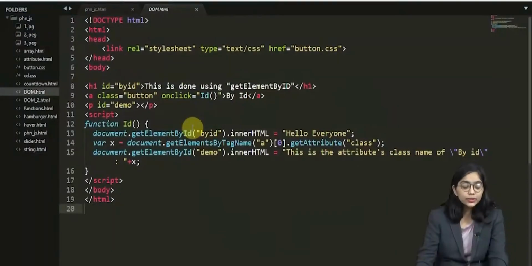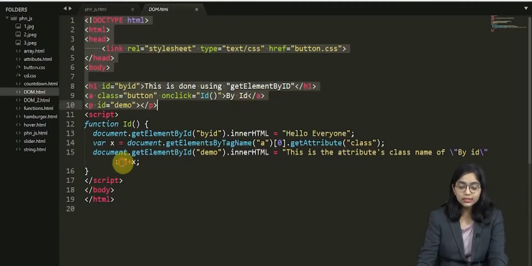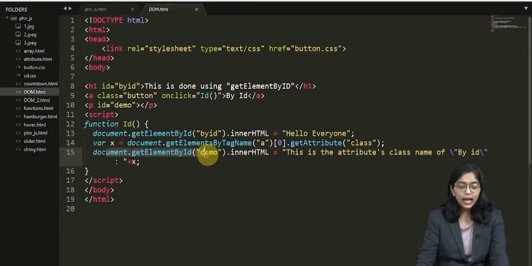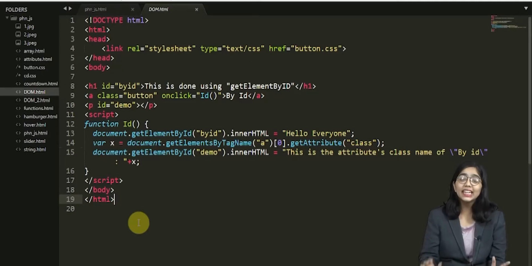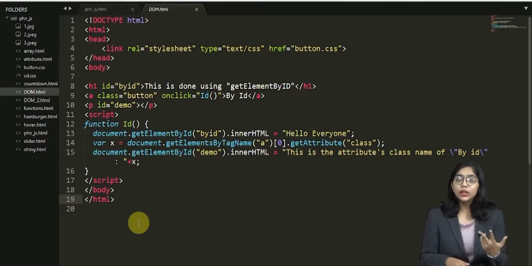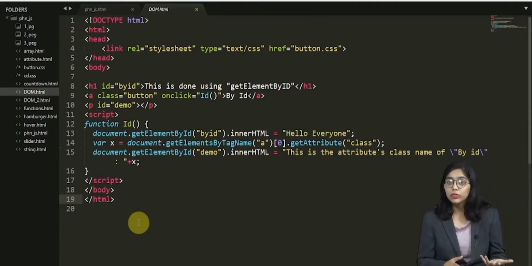Now on the screen, what you see is a code in which we have included a script, that is JavaScript, and you can see different elements which have document.getElementById and getElementsByTagName. Now we are going to see two of the main things here. First of all, we are going to see how to get an element by ID and how we can change it. And the second thing is we have used a button over here.